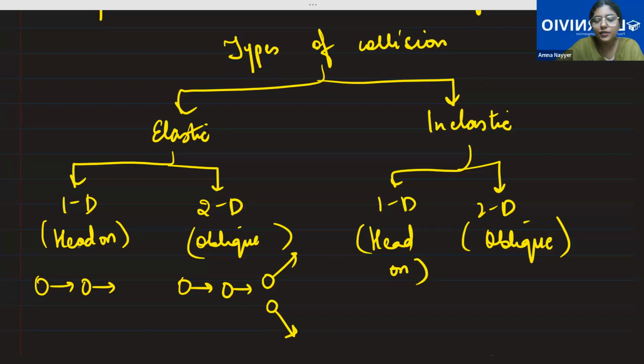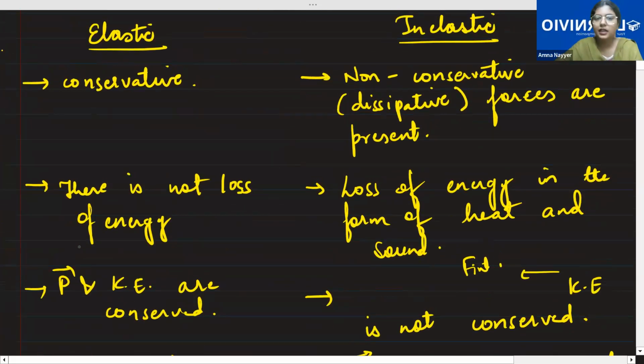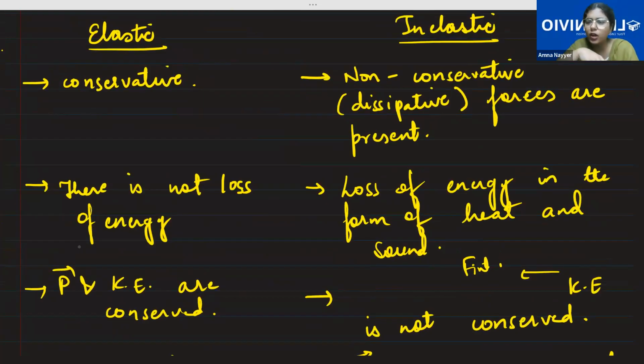All right. So what are the major differences between elastic and inelastic collision? Elastic collision uses all the conservative forces. Remember, we talked about conservative and non-conservative forces. In conservative forces, what did we discuss? That the work done is independent of the path traveled. It just depends upon the initial and the final point. So conservative forces are used in elastic, while the non-conservative forces, which are dissipative and not conserved, like frictional force and viscous force, are inelastic.